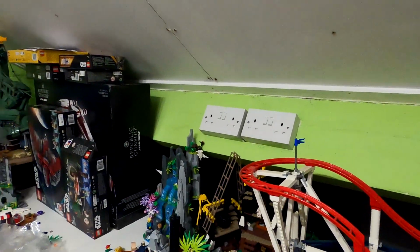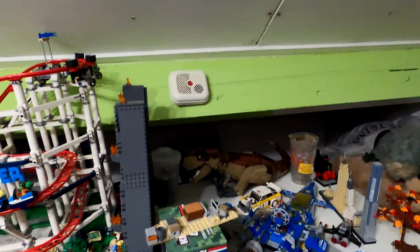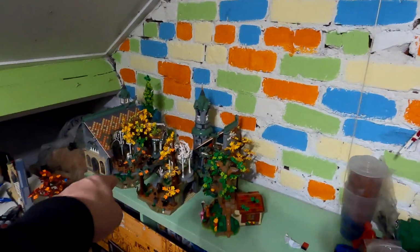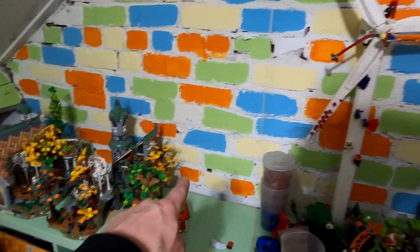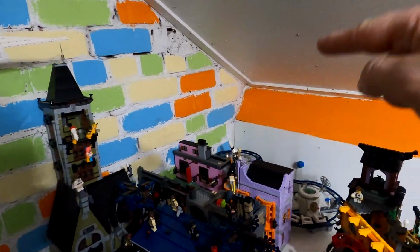So with regards to what we're going to be trying to do today, Harry Potter and the Jurassic Park piece. Now what I want to do is I want to add the waterfall into the Jurassic Park section, into that thing over there, and it is going to come onto this table somewhere, which all that stuff came off from this bit just here. Now what I want to do is zone all of this up. It's all going to have paths, it's all going to zigzag through, but I just need to figure out the best way of attack of getting potentially the alley back on display,